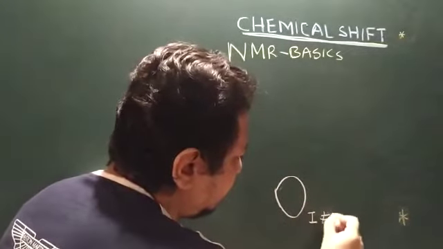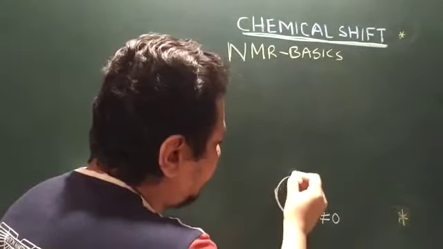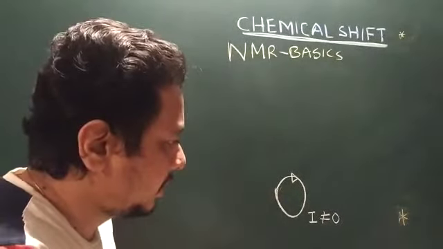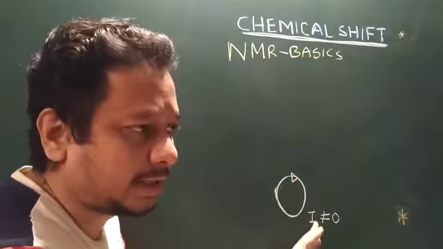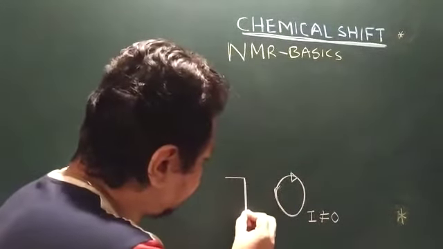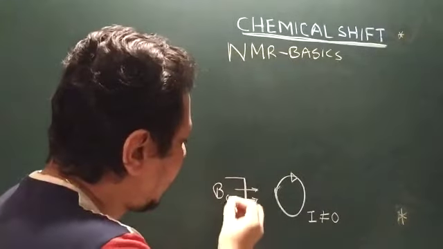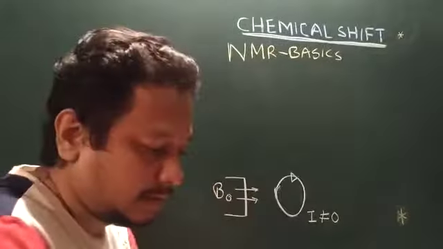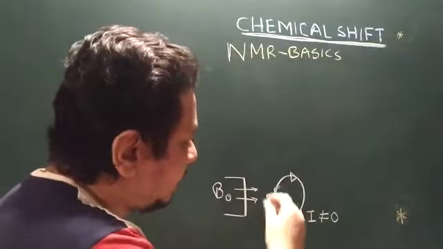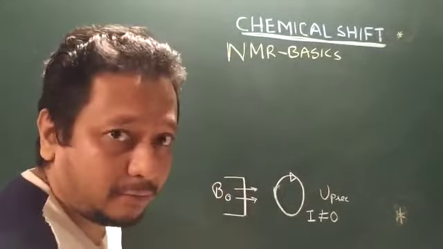Now in our nuclear magnetic resonance video, we have described that any nucleus whose spin quantum number is not equal to 0 possesses nuclear angular momentum. It can rotate. This is one of the properties that we have described for any nucleus having spin quantum number not 0. But this rotation can be observed for those kinds of nuclei when we place an external magnetic field, and the nucleus starts to precess. That means it starts to rotate with an angular frequency, and this frequency is known as precessional frequency or V precession, that we have already shown in the earlier video.